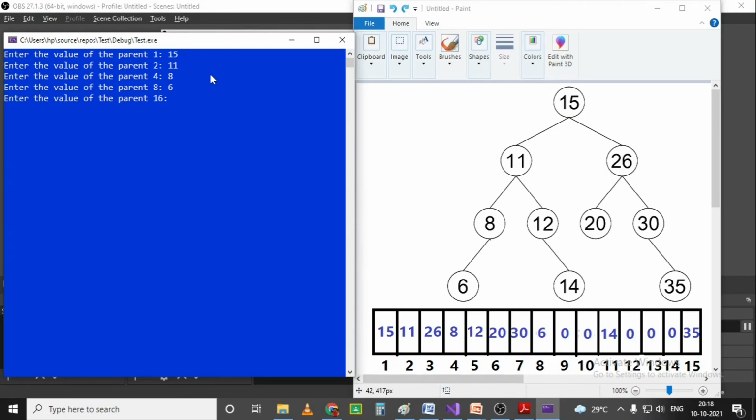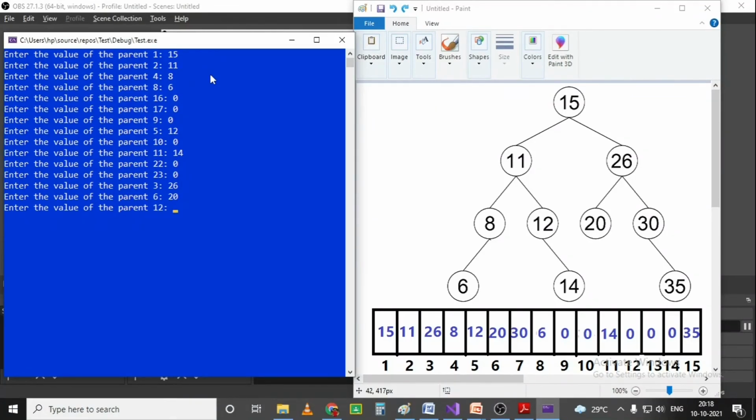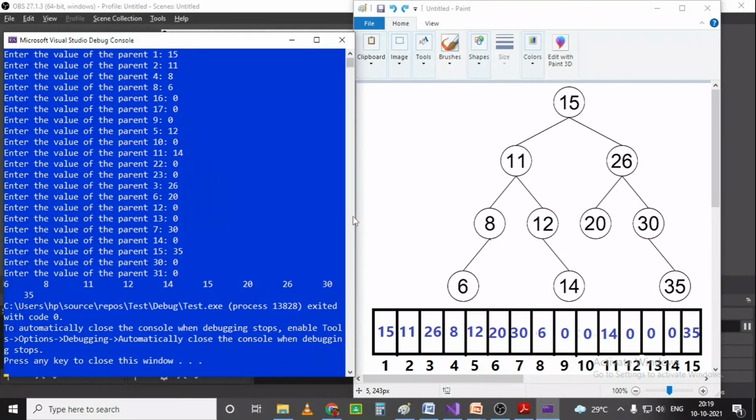So I mean it's not there in the array binary tree, so it is 0. 17 also is 0, 9 is 0, 5 is 12, 10 is 0, 11 is 14, 22 is 0, 23 is 0, 3 is 26, 6 is 20, 12 is 0, 13 is 0, 7 is 30, 14 is 0, 15 is 35, 30 is 0, 31 is 0. So the traversal output is for the in-order traversal.